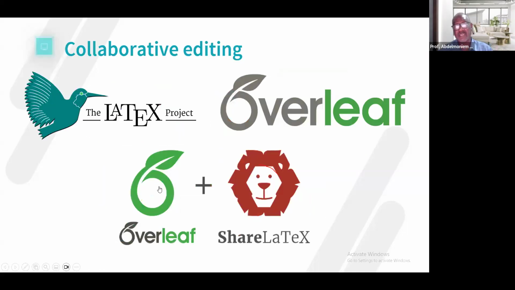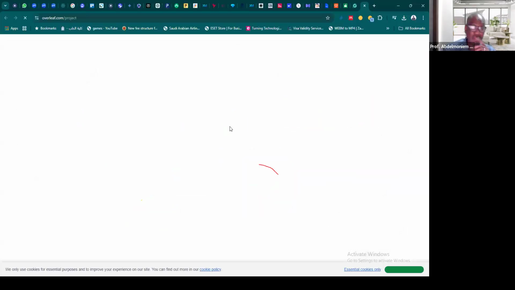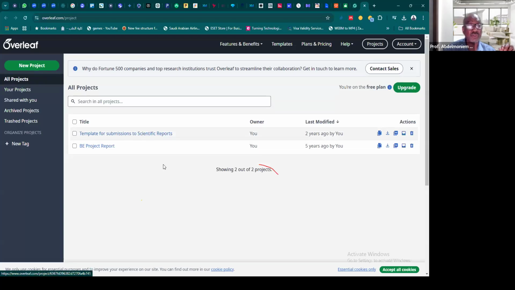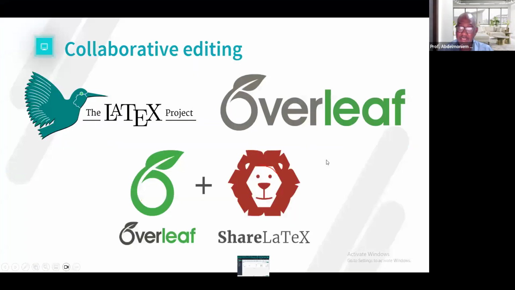But I told you, you need to know about Overleaf and LaTeX because they were there all the time. In Overleaf you can make a project, but it uses templates for submissions to scientific reports and so on. You can use specific templates, use AI to write your manuscript, and people can work together because this is a collaborative editing tool.